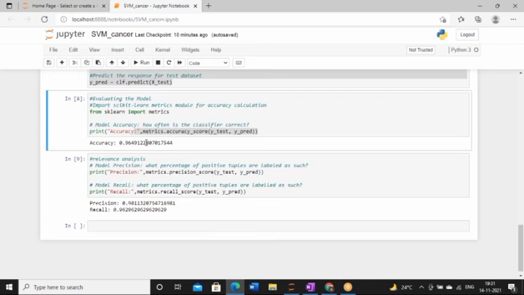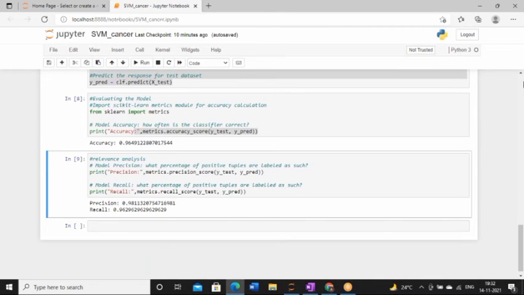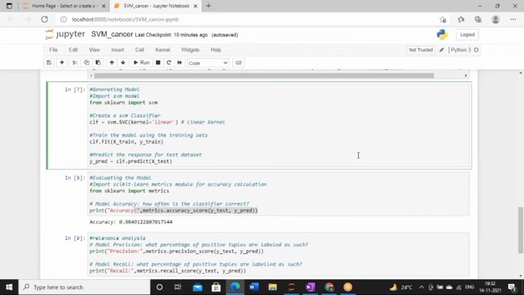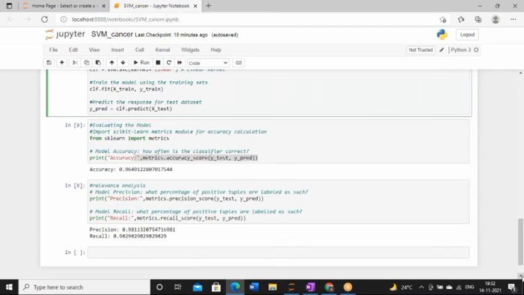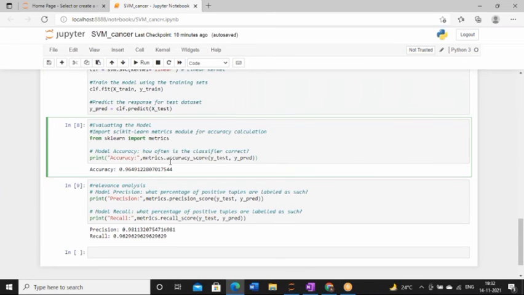So what is your classification accuracy? This one, 96.49. And this is your relevance testing. Whenever we started machine learning training, all of you asked me what kind of analysis we can perform. In case of classification, relevance testing is mandatory along with the accuracy testing. What is the outcome of your project whenever you are dealing with cancer data?